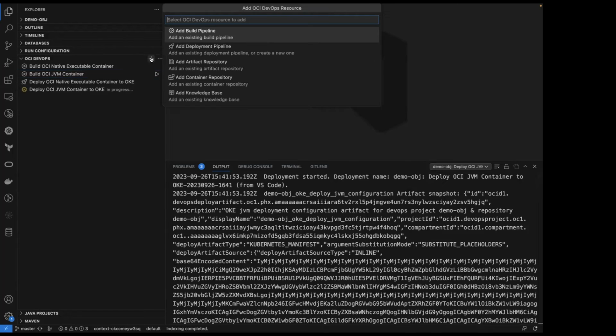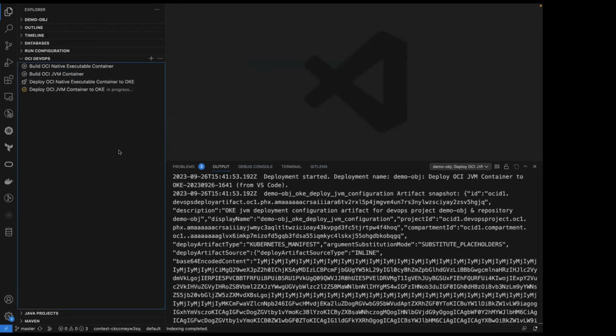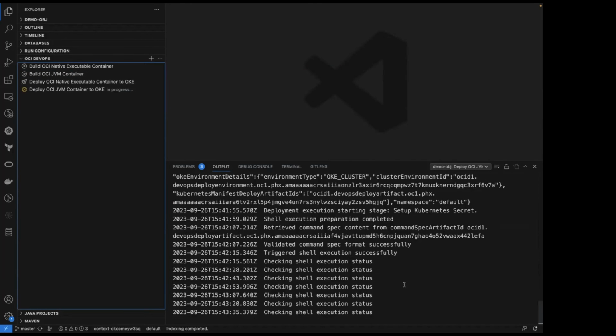And you're also able to add a number of other different kinds of resources, such as if I want to see the artifacts or the containers or the knowledge base output. These are the vulnerability reports that are generated when our application is audited. We can add these to the view here in the OCI DevOps pane so that information is available to you directly. So this is busy running. Hopefully it will finish soon.